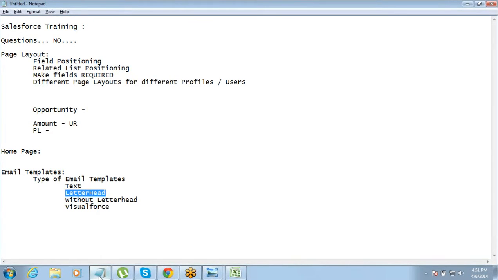Changing the color, font size, all those things are available. Without letterhead is a template where formatting options are available, but you have to write HTML code for formatting. So it's not available by default. Okay, so that is the difference.